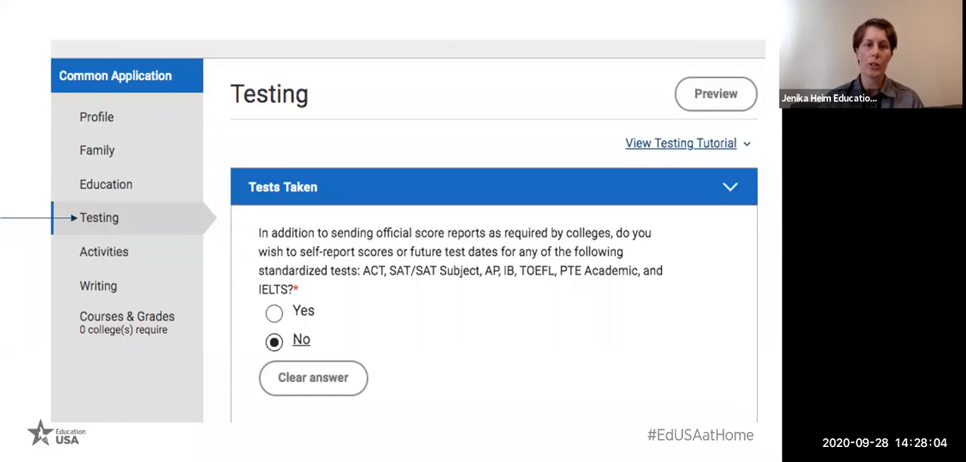It says, do you wish to self-report scores that you've already had, or future test dates for tests that you plan to take? So right now, with SAT and ACT subject tests being optional for this upcoming year, you can absolutely choose not to report these within the application. But if you choose that you want the schools to have the scores later on, they need an official score report. So you can send in that official score report and it will be added to your application,